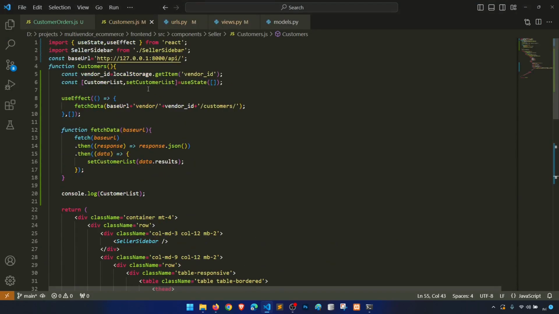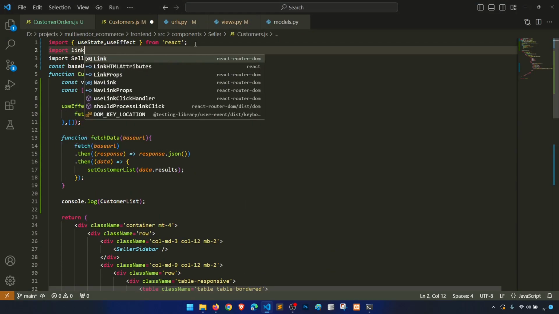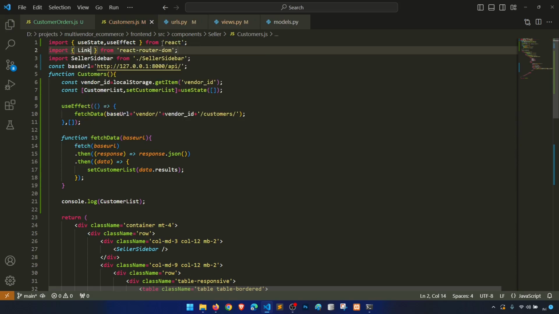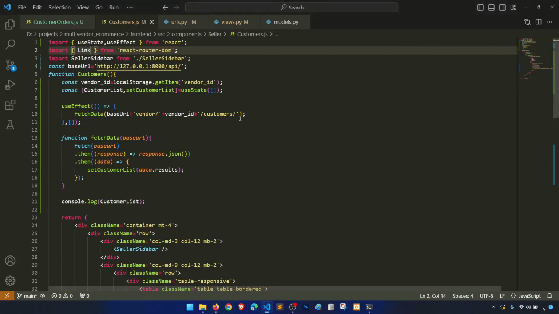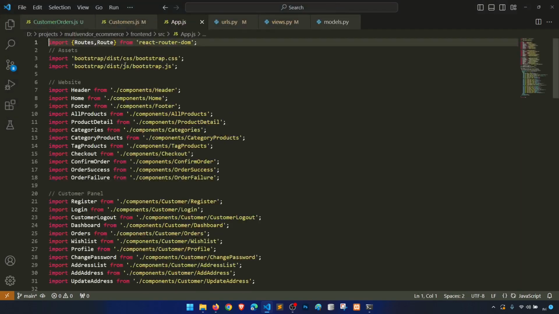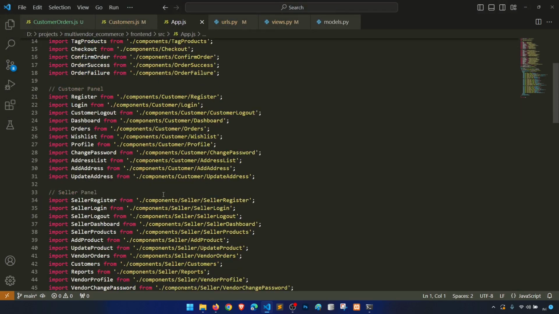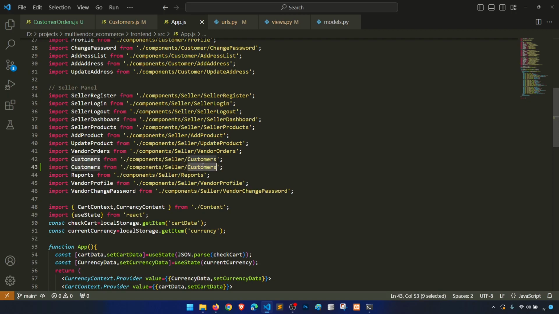Link is not defined because we need to import the link, so we'll say simply link, so it will import from React router DOM. And here customer to order items, right? So now we need to define this URL in the source. So app.js, seller panel, and let's fetch this one, and we'll say